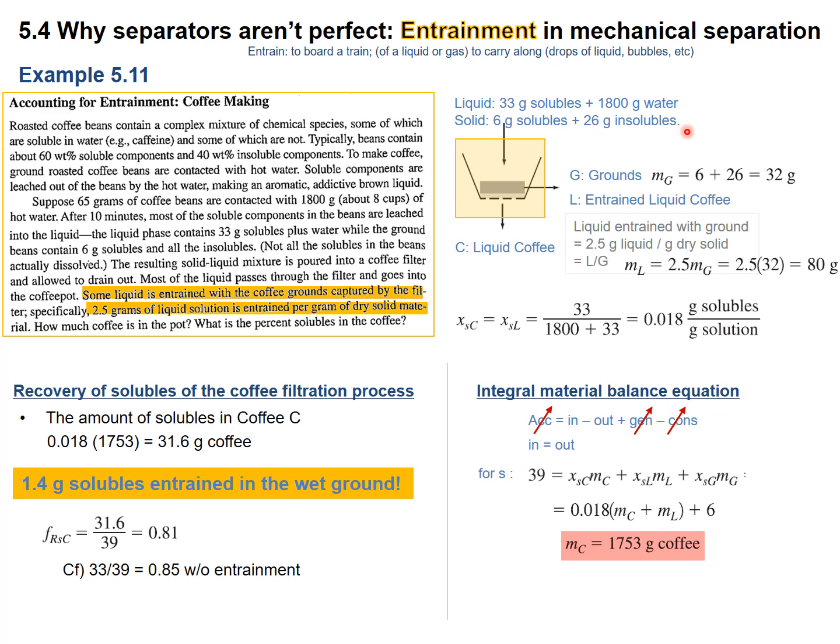So it means originally my coffee bean has 26 gram insoluble parts and 39 gram soluble parts. After extracting the soluble parts from the coffee bean to water, the dominant portion of solubles is going to water. However, the coffee bean still has 6 gram solubles with its insolubles of 26 gram. That is the feedstock.